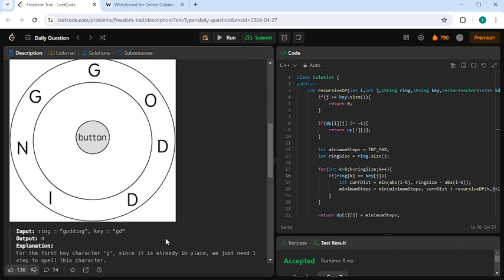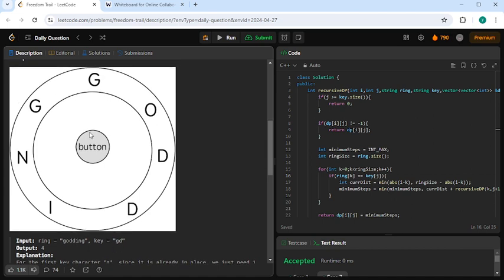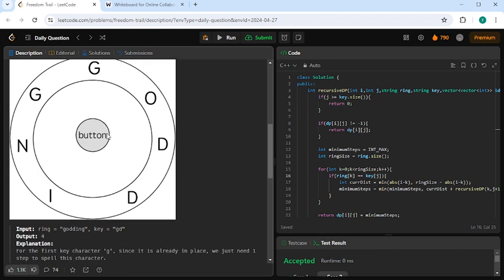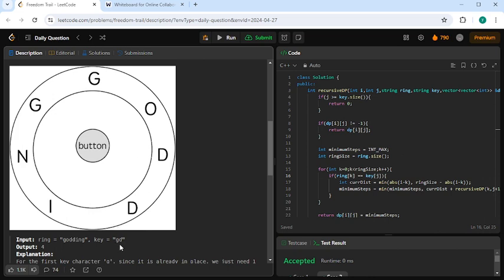So for Godding, we are given a key as GD. The first character that we need to spell is G, and you can see that G is already at noon. So we just need to spell it, and for spelling we require one operation.